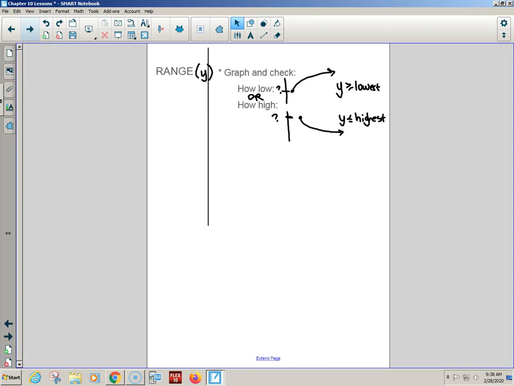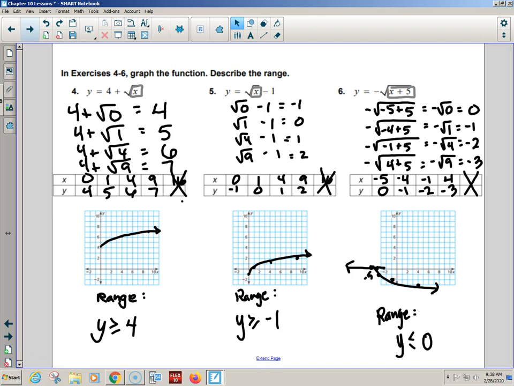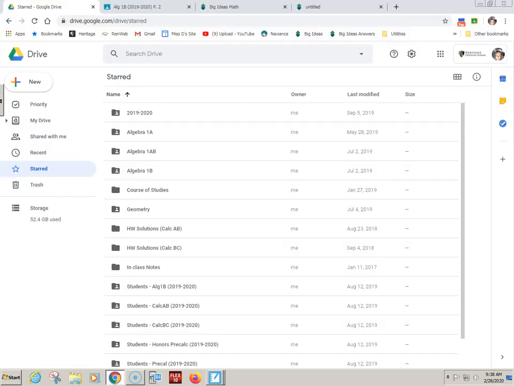Can we just look at the equation? We need to look at the graph. When we look at the graph, we say, okay, are you one of those that's going forever high, so we say y is greater than or equal to the lowest? Or are you one of those that's going forever low, so we say y is less than or equal to the highest? But you can't know the graph until you make it. So I'm going to go ahead and open up